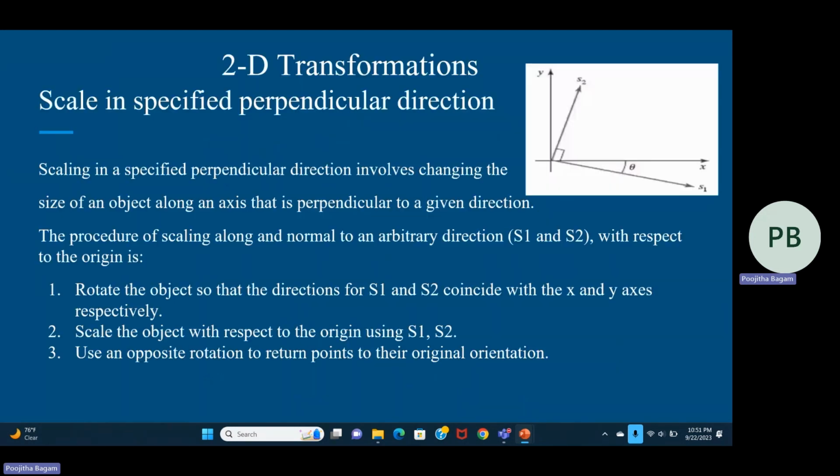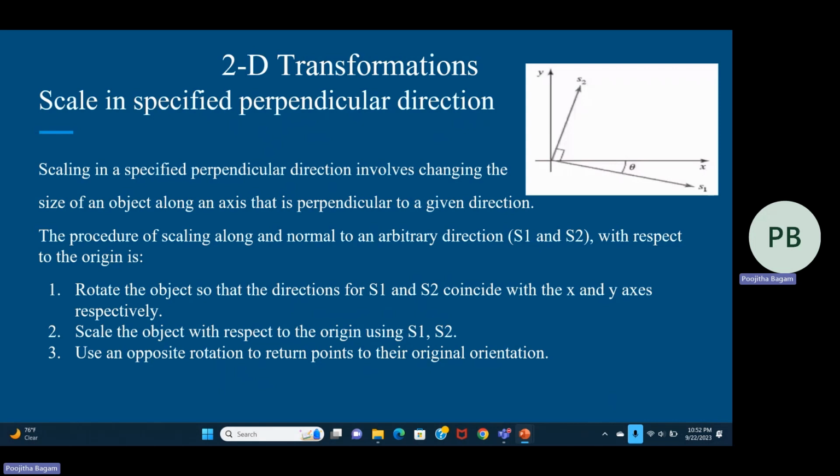The topics I'm going to present are scaling of an object in a specified perpendicular direction. Is the order of these transformations relevant? And the computational efficiency of using homogeneous coordinates. And what are rigid motions and rotation using orthogonal vectors? And also we are going to see reflection transformations, and reflections with respect to the x and y axis and with respect to diagonals. So coming to scaling of an object in a specified perpendicular direction, it involves changing the